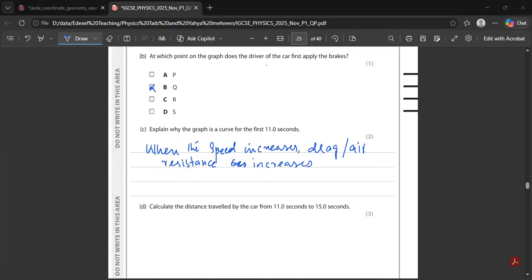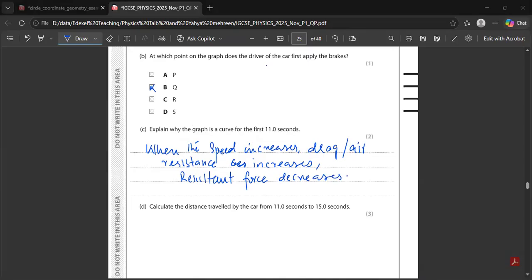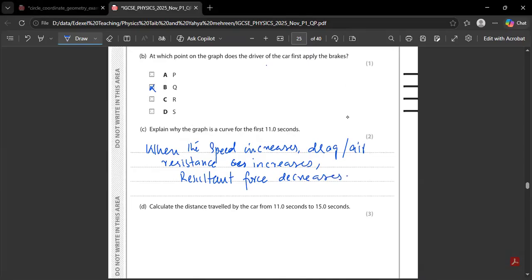And then what will happen to the resultant force? Resultant force decreases, okay? And then a point comes where the terminal velocity is achieved. Therefore, acceleration decreases and